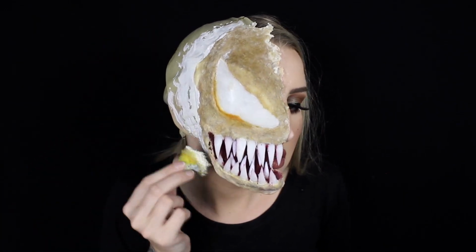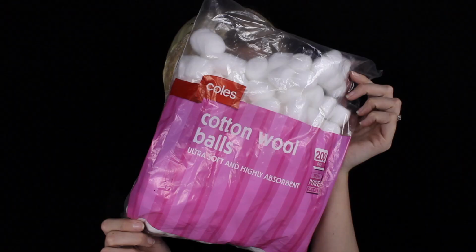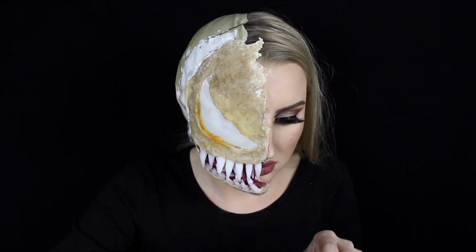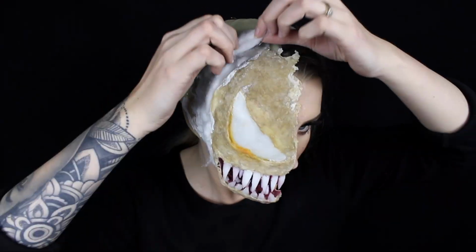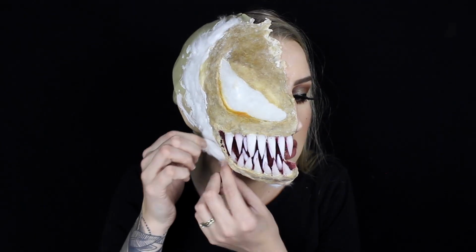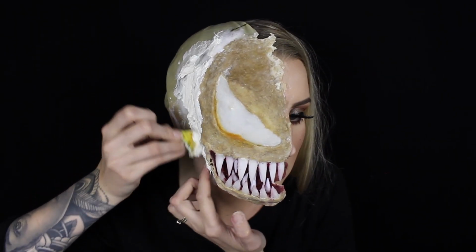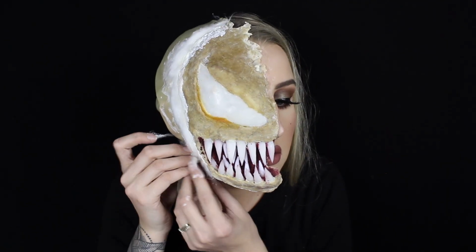I'm starting out with liquid latex and a bath sponge, and I'm going to start stippling that on and grabbing cotton wool balls. You guys have probably seen me and a lot of artists do this a million times over. We're going to start blending that down into the rest of the face. So I'm taking a really big mixture of the cotton wool balls, layers of liquid latex over the top, and then repeating the process. I did this for about 25 minutes